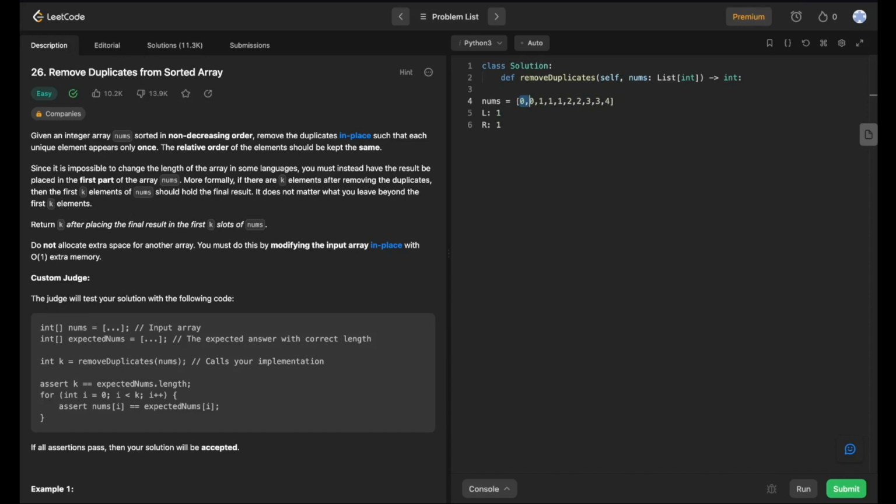So we advance our right pointer one place to the right to 2, and now our right pointer is going to compare this one to this 0 and see that 1 is not a duplicate and it's a unique value, so we need to place it to the first index. So using our left pointer, we store 1 in the first index and advance our left pointer to the second